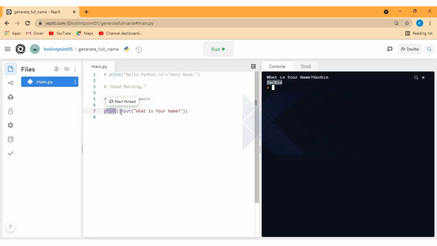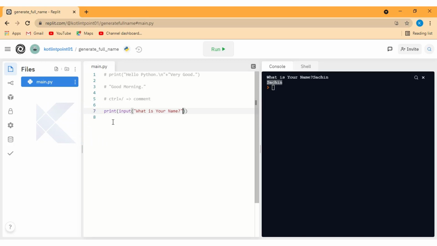So whatever is input by the user will get printed on the console with the help of the print function. Guys, this is how the input function helps you get a value from the user, whether you want to ask the name, the age, the email id, or any data from the user.